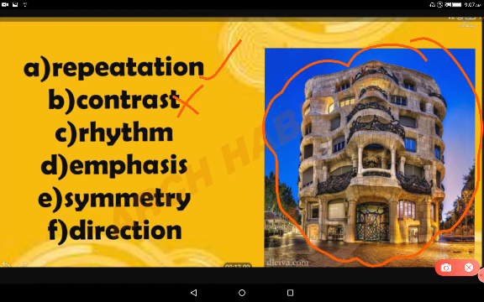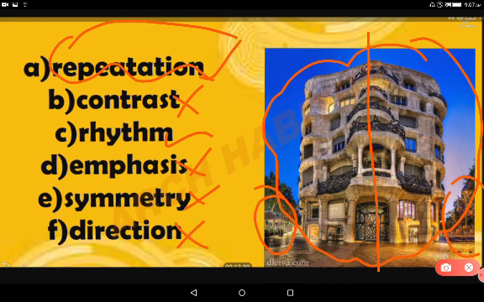There is no contrast. Yes, there is rhythm through the curvy lines, and there is no emphasis. There is no symmetry because of these backgrounds. Okay, there is no directions. So repetition and rhythm are correct. Most appropriate is rhythm, but actually we should also include balance, texture, etc. in these options, so they will be also given the priority than repetition. Okay,